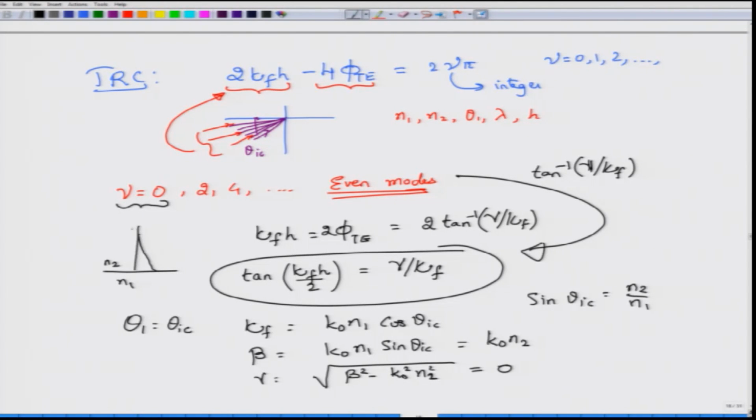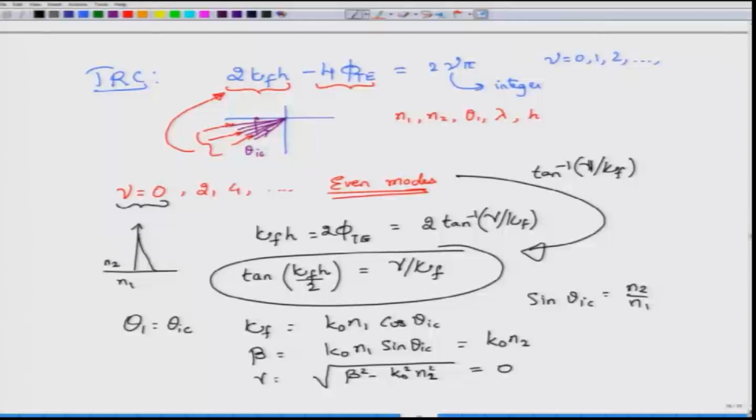So, this was the direction perpendicular to the film, and it is in that direction the evanescent wave was decaying with an amplitude decay constant of gamma. So, the wave outside was e power minus gamma x, and it now seems that with gamma equal to 0, right at the critical angle, the evanescent wave does not decay along the direction perpendicular to the film, but rather remains constant. And of course, there is a propagating wave along the interface,